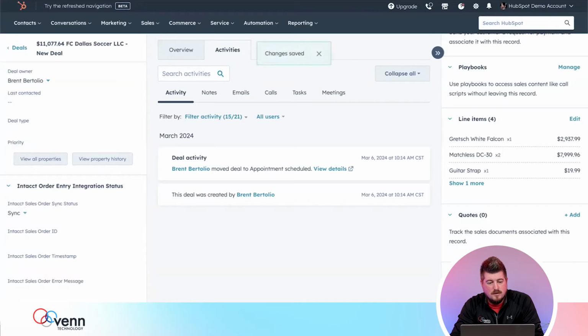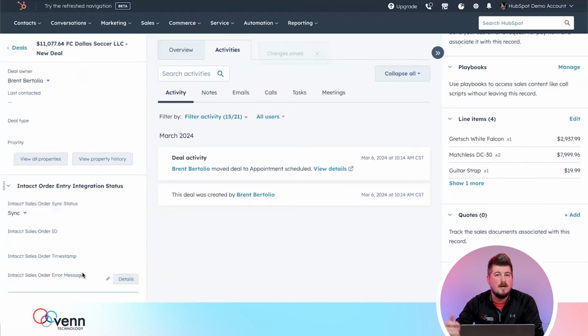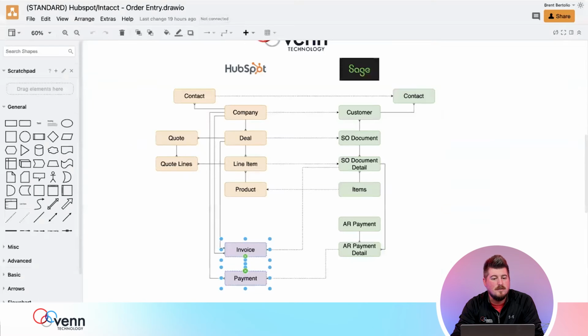Now, when I do that, what's going on in the background is it's now calling out to Intacct. It's going through those checks and balances I mentioned earlier. I'm gonna flip back to this diagram. It's looking at that customer and seeing, do they exist already? In this case, they don't, it'll create them. After that's done, it follows the process. It'll create, in this case, an order, which I'll convert to an invoice, and then passes that data back and